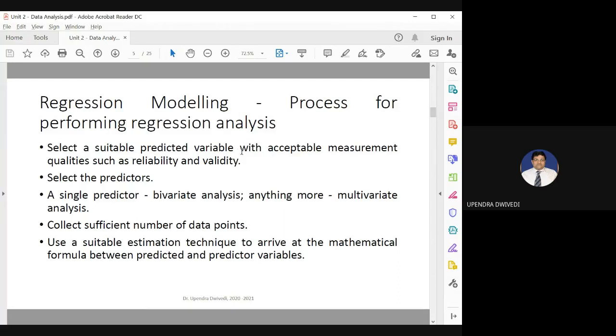So the predicted variable must be inside an acceptable measure, so you can perform some operation on it. Suppose we have taken house price as an acceptable measurement quality. You can easily measure the house price based on the price movement. You can measure the price in dollars if you are working for an overseas market. If you are working for an Indian market, you can calculate it in rupees. So based on acceptable measurement quality, you can perform that.